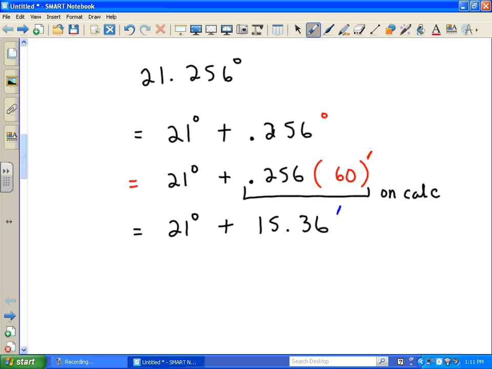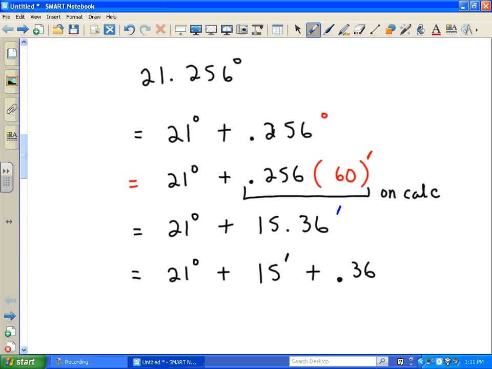Okay. Now, we're going to take this as another step. We're going to look at what we want. We want 21 degrees to stay 21 degrees. Then we want to take the whole number piece of the 15.36 minute part, and we want to keep it as that whole number. So we're going to take 15 and put a minute symbol on it. Then we're going to once again split apart the decimal piece by using a plus sign, and then we're going to say